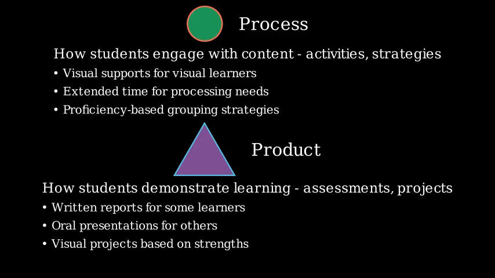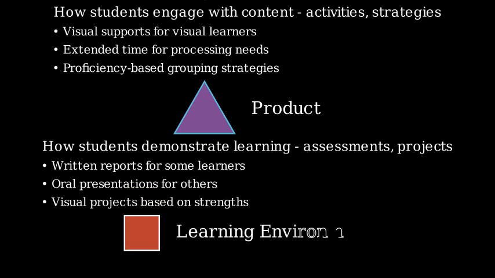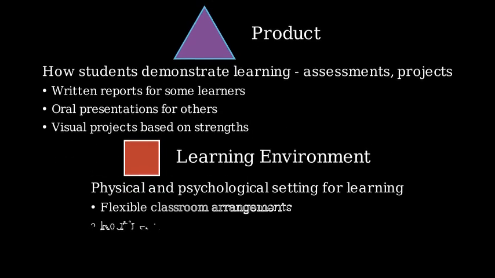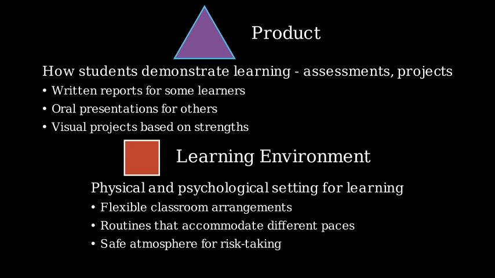Finally, we have learning environment. This refers to the physical and psychological setting where learning takes place. A differentiated learning environment is flexible, supportive, and respectful of diverse needs. You might arrange the classroom to facilitate various groupings, establish routines that allow for different paces, or create an atmosphere